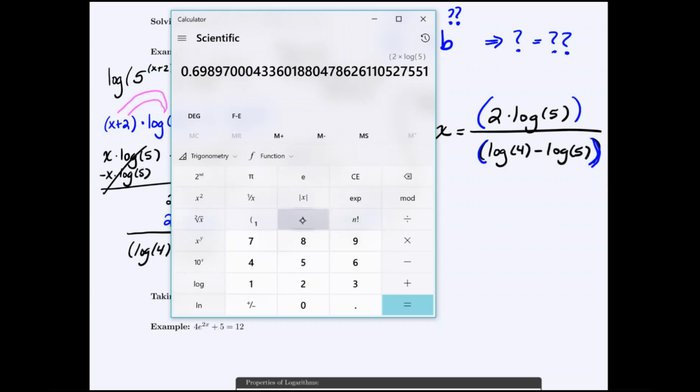So 2 times log of 5, close the parentheses to show that I'm done with the top of the expression. Divided by, okay, I'm going to open the parentheses for the denominator. I'm going to type the log of 4. Again, probably in your calculator it would be log and then 4, minus, okay, close parentheses to show that I'm done. I check I've got the parentheses surrounding the numerator, divided by the parentheses surrounding the denominator, log of 4 minus log of 5, press enter, and I would get negative